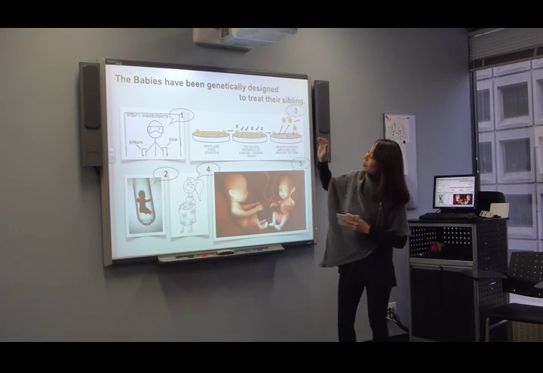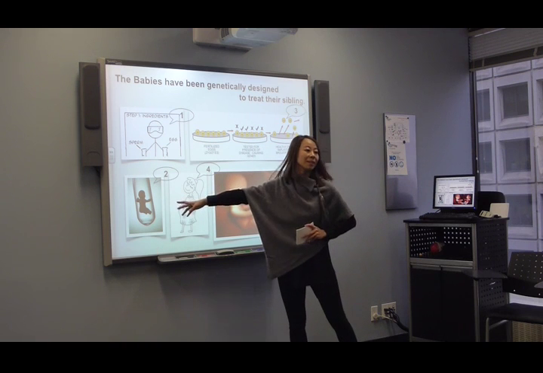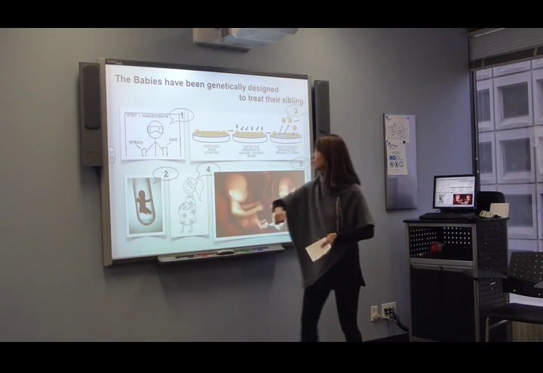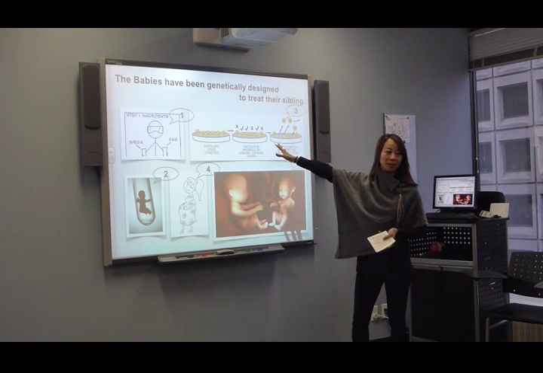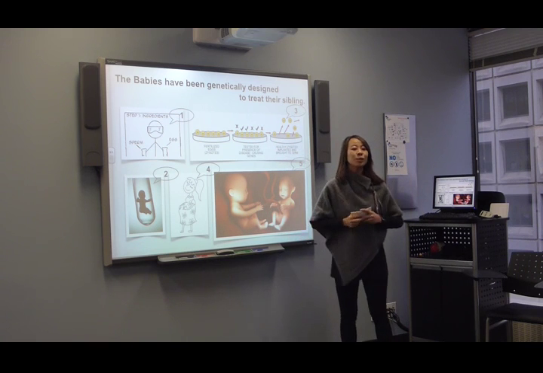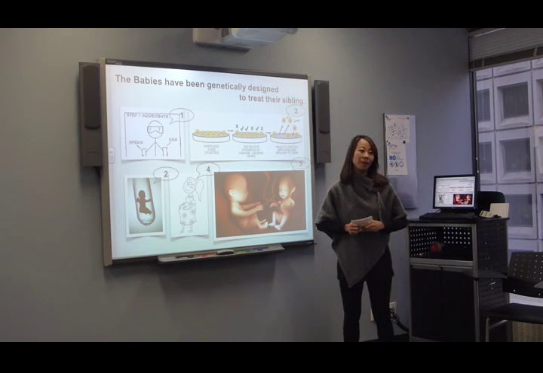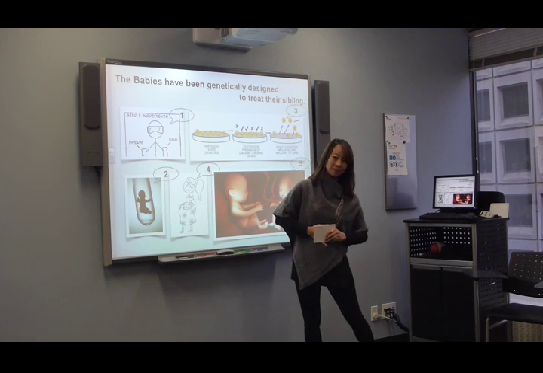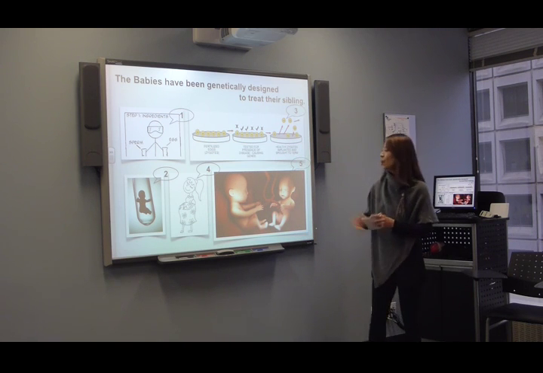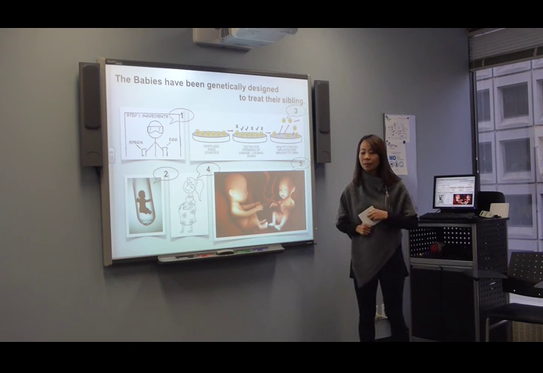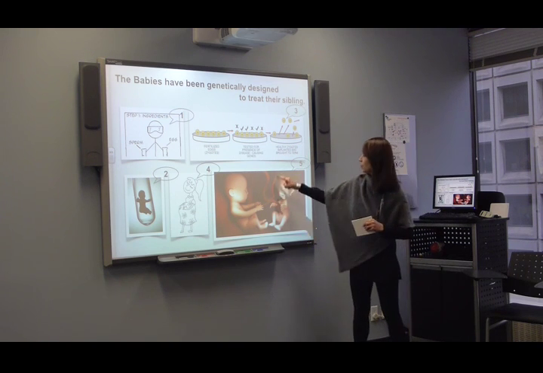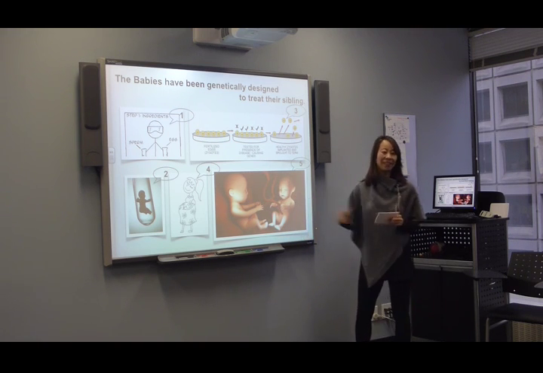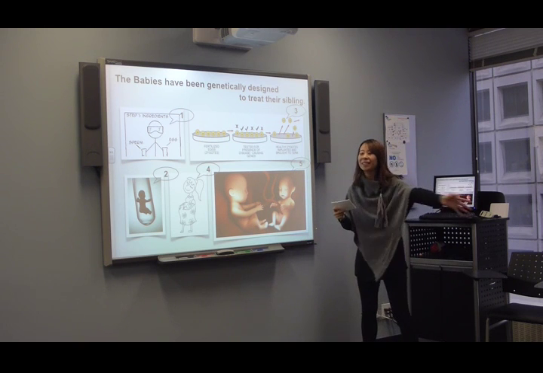So they fertilize the egg in the test tube, and 8 weeks later, the doctor chooses only one embryo and puts it into the mother's womb. After 8 months, when the mother gives birth, the doctor takes blood from this part, we call it cord blood. Cord blood. Yeah. Because I explained them.